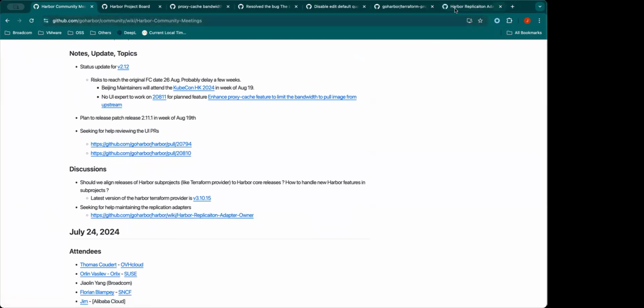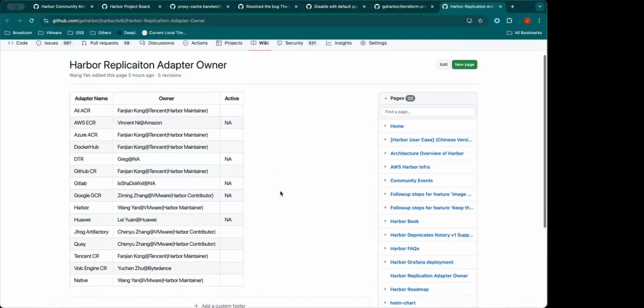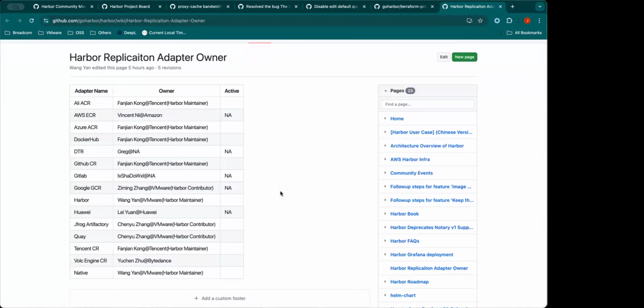So currently, you may know that Harbor supports a huge range of replication adapters. That means Harbor supports pushing images from Harbor to AWS, Azure, or anything else. But some of them are out of maintenance because we do not have any assigned owner to maintain these adapters.